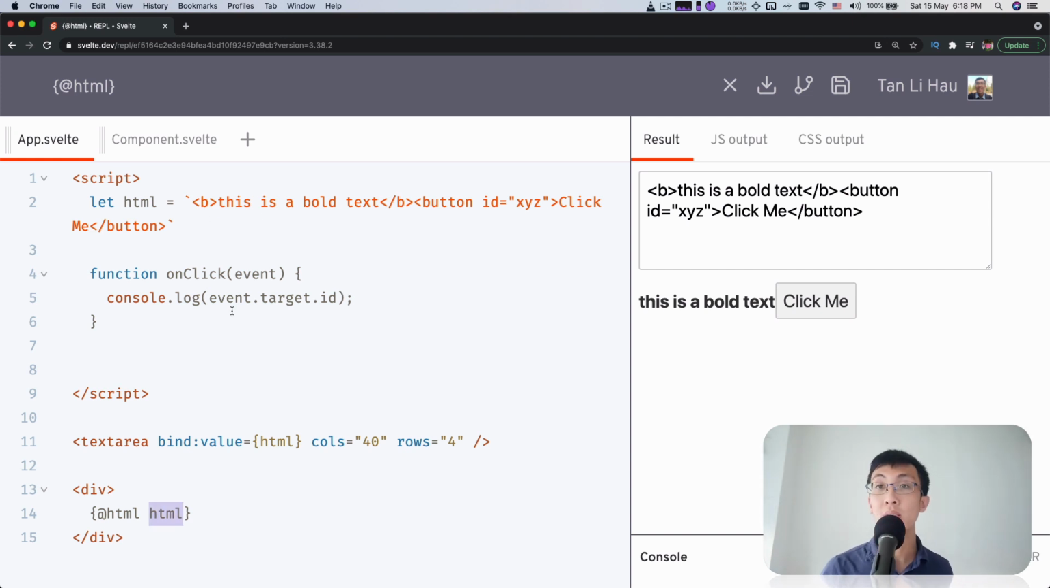So how do you add event listeners to the button? Where you have to add it is during onMount. Why? Because before onMount, if you do it over here, for example, you come over here and say